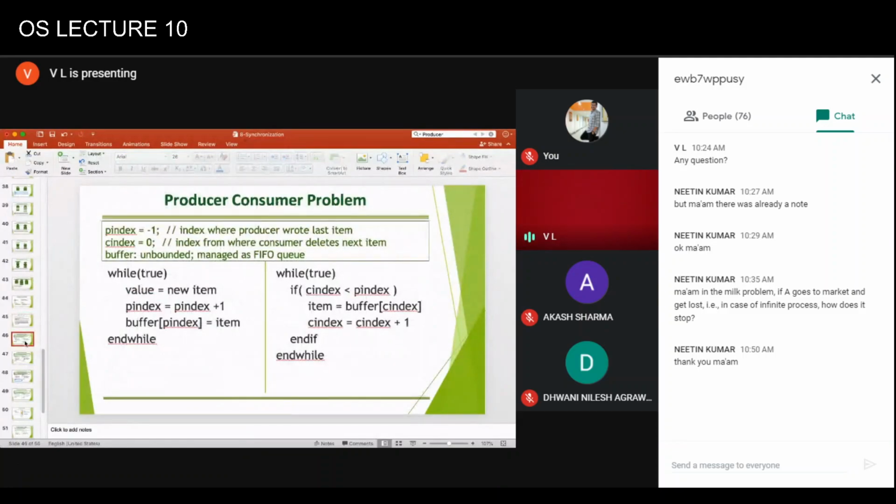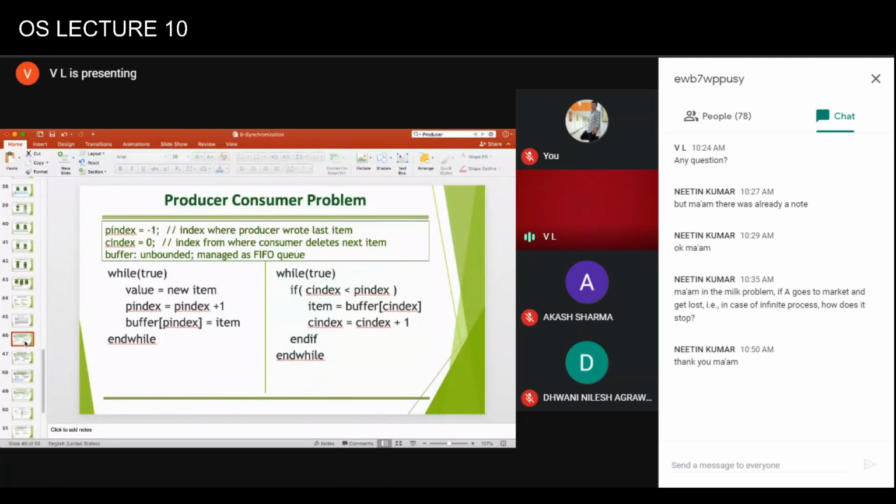So now we'll come to the problem called the producer-consumer problem. The producer-consumer problem is a problem in which a producer is writing items onto a buffer and a consumer is reading items from that buffer. One practical scenario would be a processor sending a file to the printer and the printer printing that file. The printer capacity may not be very high. So naturally, the files are sent from the processor byte by byte, and the printer is printing it. So this is the producer-consumer scenario.